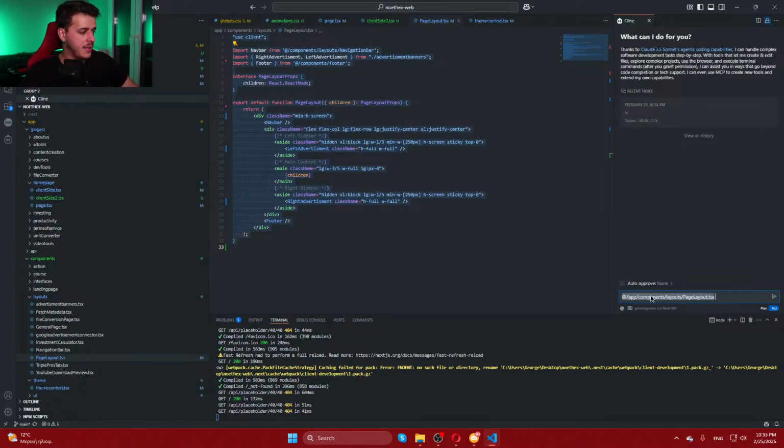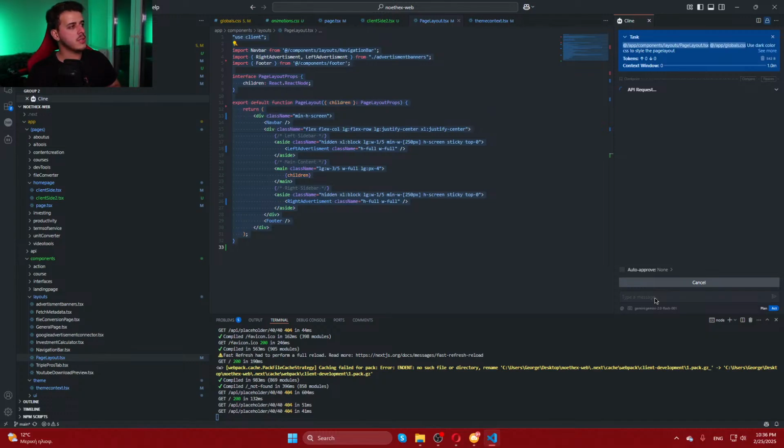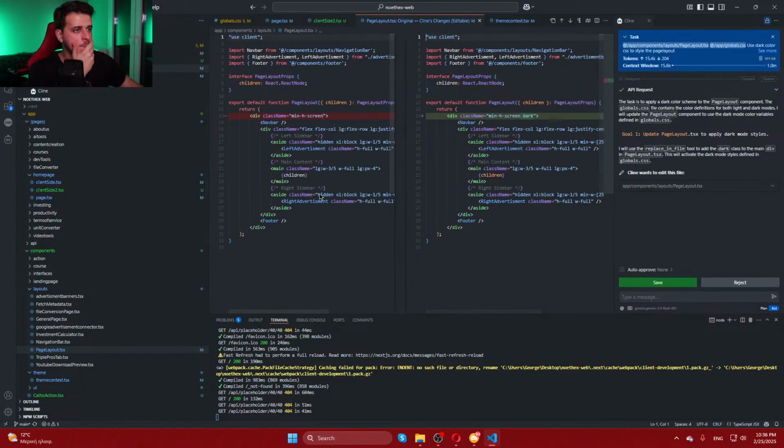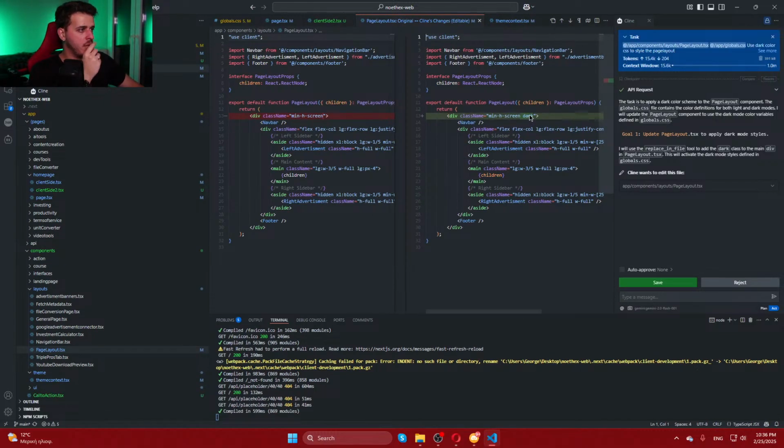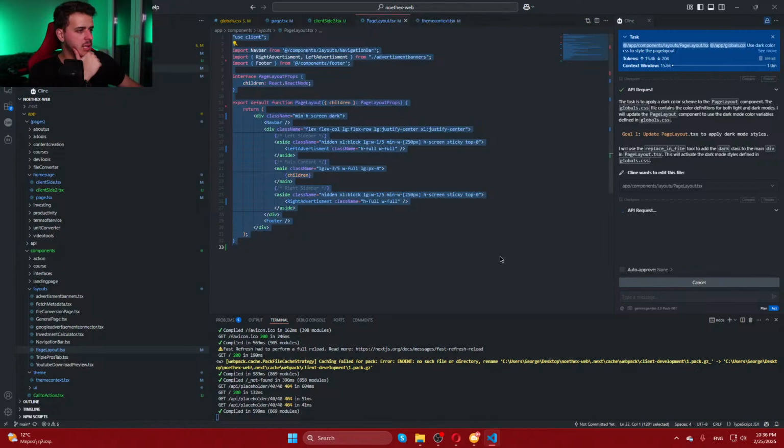I really hate Cline. I don't like it at all in this version format, in all honesty. And we want to use the global CSS file. Use black color CSS, use dark color CSS to style the page layout page. Okay, so we want to actually style the page using these new things, using the dark mode. So it adds class name dark, click the save button,